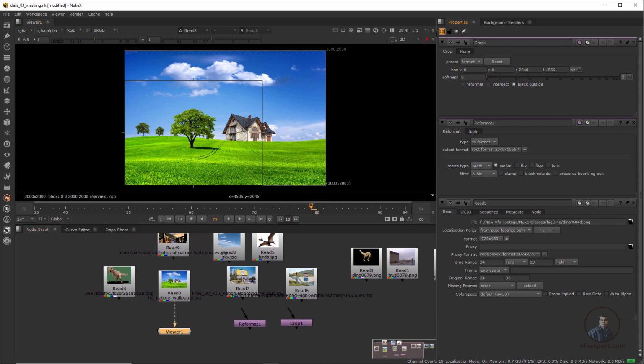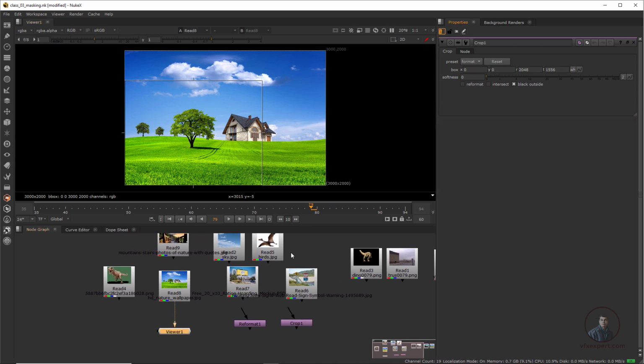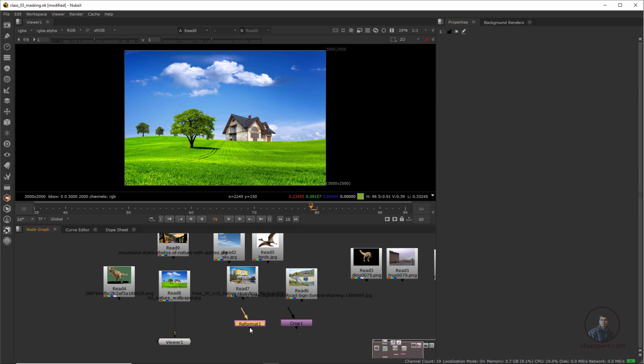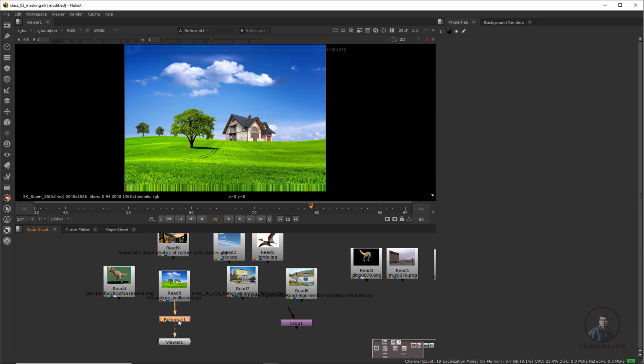Now just clear this properties one here. Suppose I want to reformat this image to format 1920 by 1080. For this, we take this reformat node and attach it to our footage, connecting it like this.